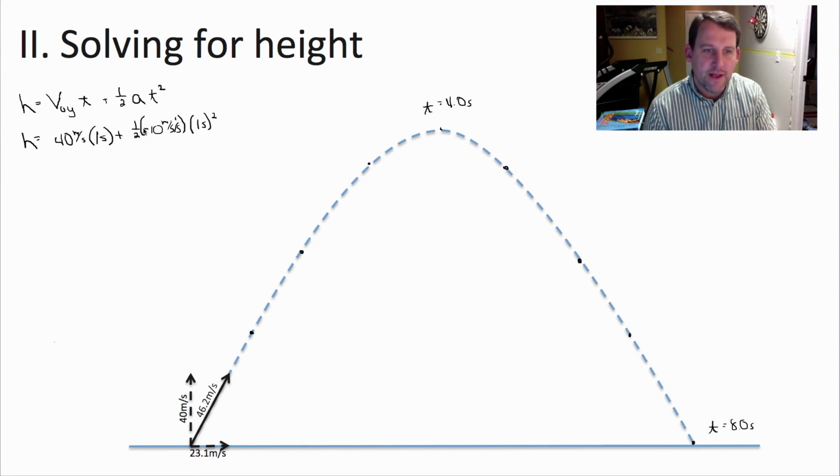So this should be negative, sorry. This is 1/2 times 10 is 5 times 1 squared is 5. So this one is 40 times 1 is 40 meters. Height is equal to 40 meters minus 5 meters, which is equal to 35 meters. Which isn't surprising because this is how much gravity makes you fall in a second. So we're 5 meters away from where we would have been. So right here, this one would be a height of